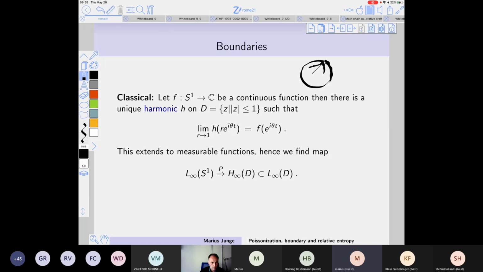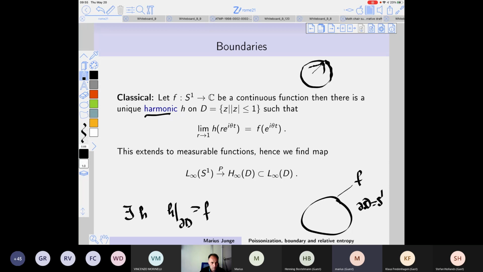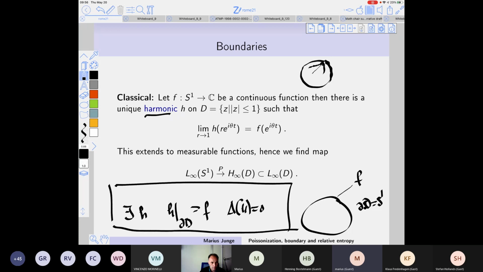Now, there's an inverse operation, which we all know, the Poisson formula. If your function is given on the boundary of the disk, which is S1, then you can extend it to a function onto the interior. But you realize that this extension doesn't give you an arbitrary function, it gives you a harmonic function. So there exists a function h, so that h restricted to the boundary of the domain is f, and delta of h is 0. That makes these functions harmonic. That's the definition of harmonic.